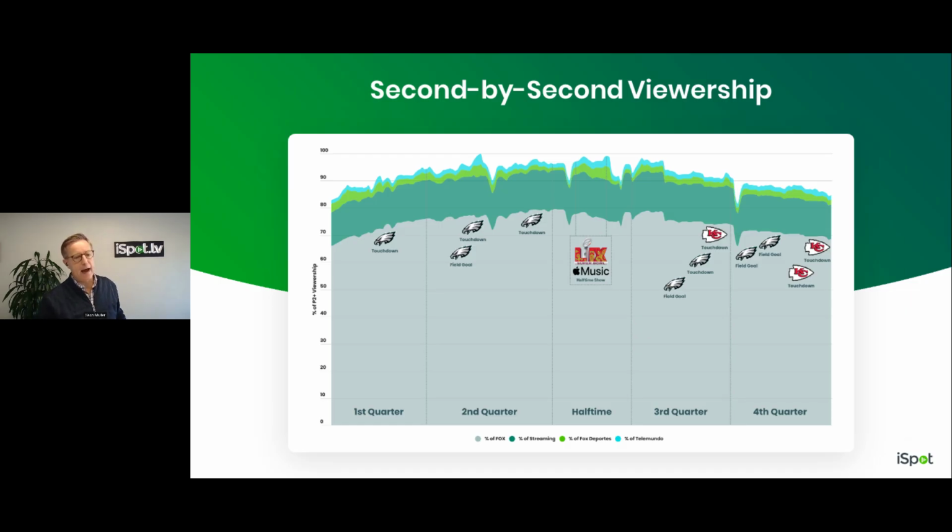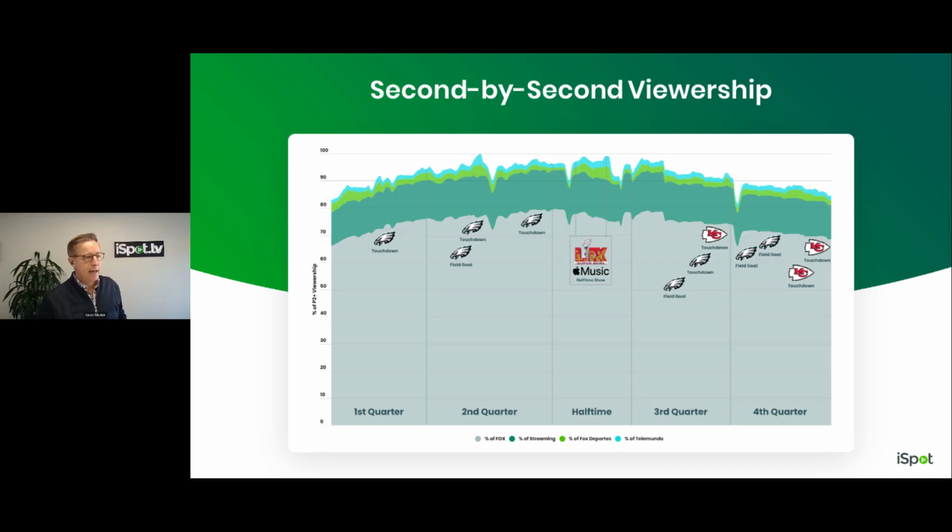Now, during the second half, you can see a steady decline in viewership throughout the second half. In fact, Kansas City, I would argue, doesn't even show up to this game till the very end of the third quarter when they finally scored a touchdown when they were down. I believe it was 34-0 or 35-0, right around then. Now, what's interesting is the household viewership actually held steady throughout the second half. So this was more of a factor of people just tuning away from the game while leaving their TV sets on